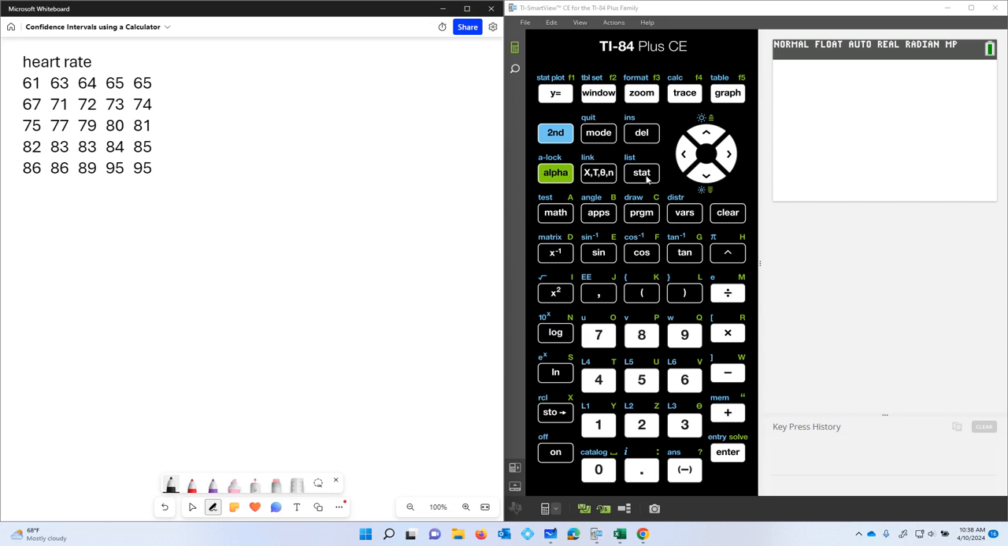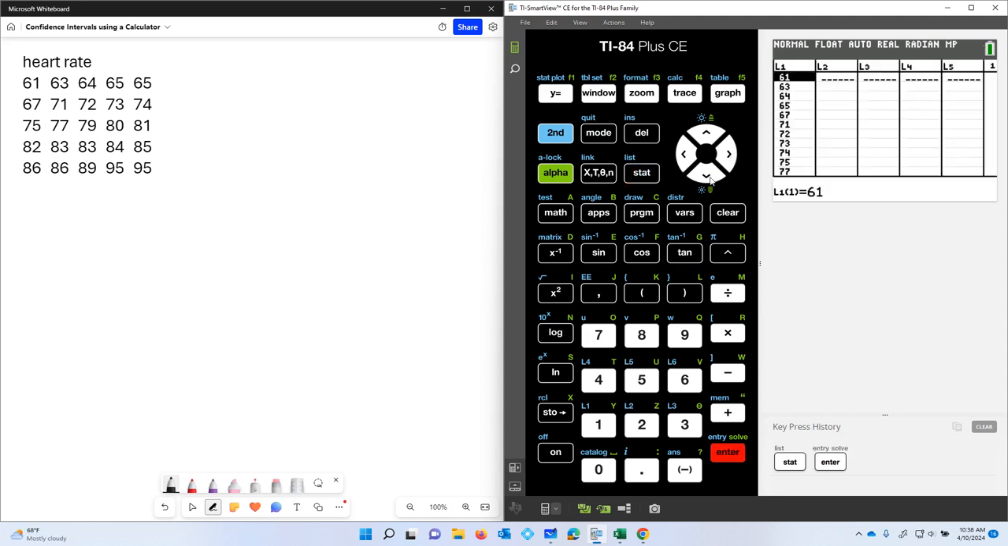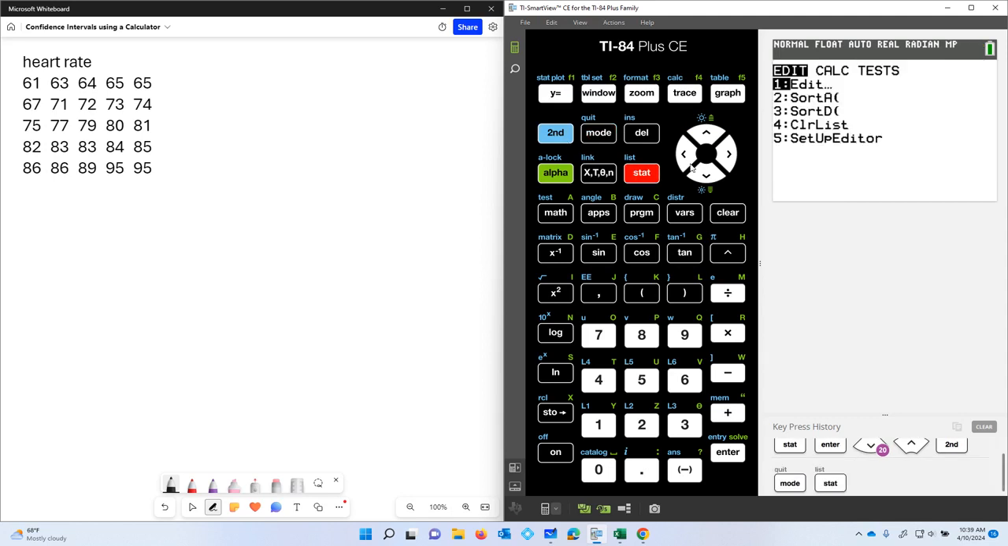And in my case, I had to go to stat edit, and I had to individually input every one of the beats per minute for the heart rates of the 25 students. And I actually did make an error somewhere where I missed one of the heartbeats. I think it was like the 65. In any case, if I was to just sort the data by telling it to sort,